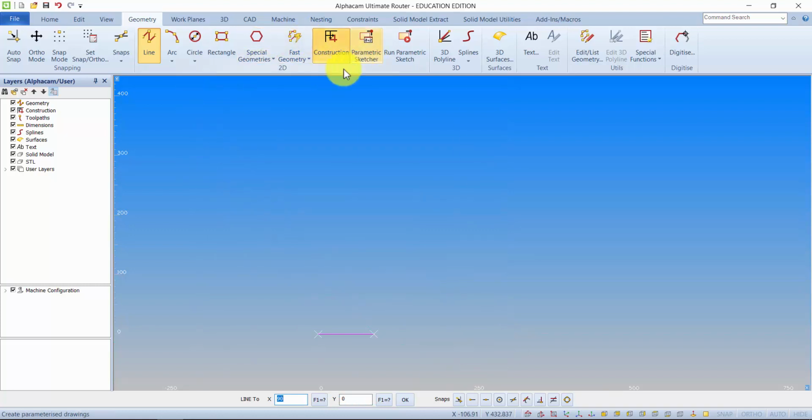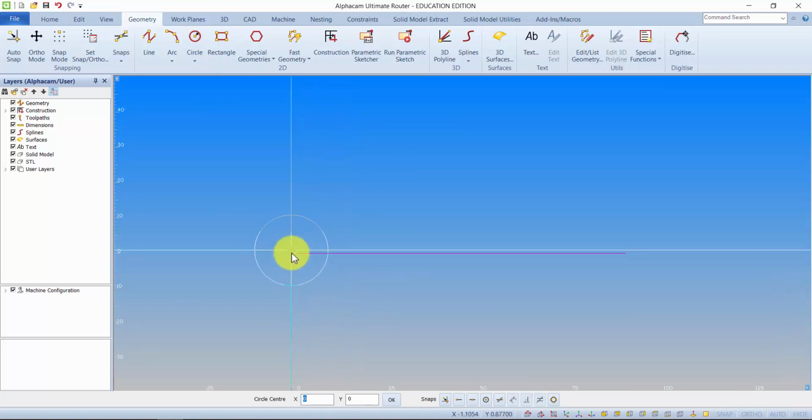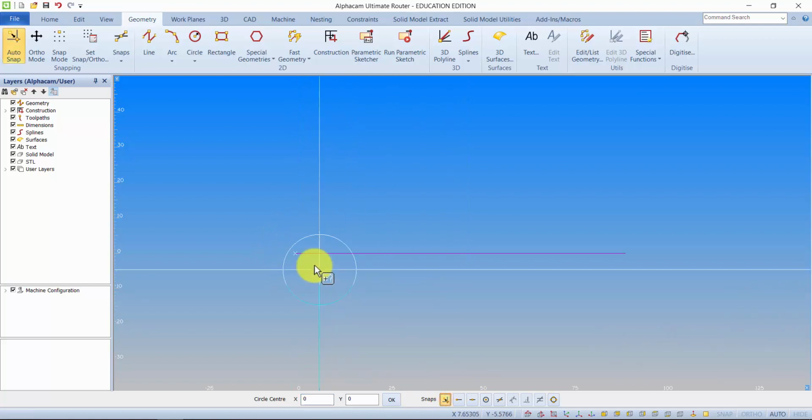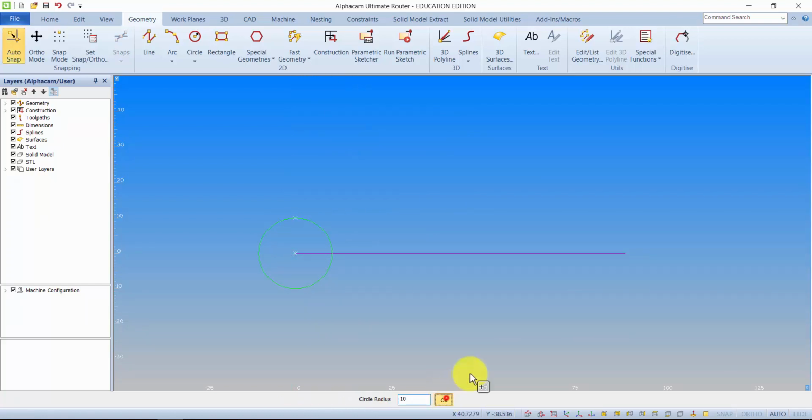And I'm going to call up, first of all, I'll turn off that construction. I'm going to call up the geometry tab again. I'm going to go to circle and I'm going to go to center and radius. The radius will be 10. Let's zoom in a little there. And I want to drop a copy of that to the left. So let's turn on the auto snap, drop a copy to the left, and press OK,